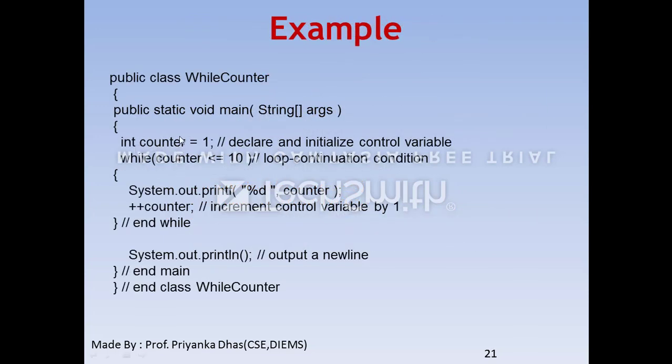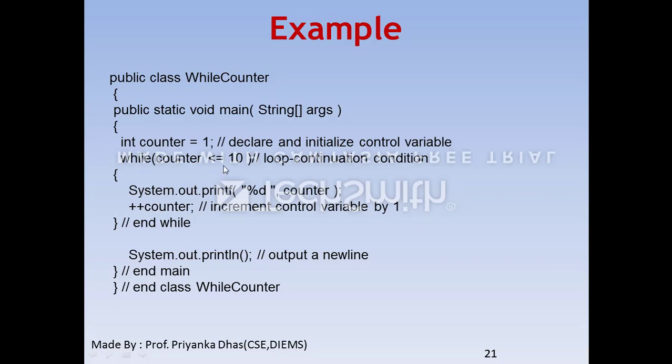Here I am showing you an example that uses the repetition statement while, and this program is related to printing the variable counter from 1 to 10. So here the counter control variable in this program is counter, which is initialized with 1. The required continuation condition is that the counter variable is less than or equal to 10. Till then you have to run this while code.